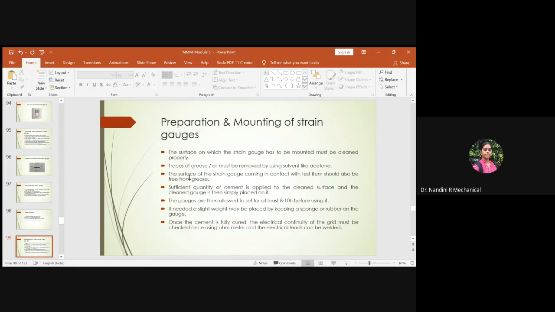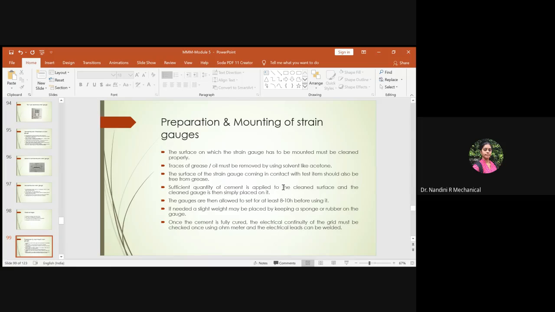The next point is that the surface of the strain gauge coming in contact with the test item should also be free from grease. So you have to clean the surface and you also have to clean the strain gauge surface which is coming in contact with it. Both should be free from grease. You will do the same process for the surface on which the strain gauge has to be bonded and the strain gauge surface which has to be bonded to it. The same process is carried out for both surfaces which will come in contact,